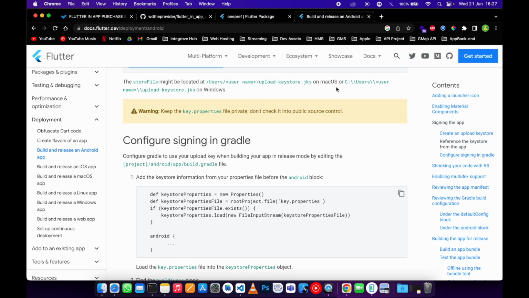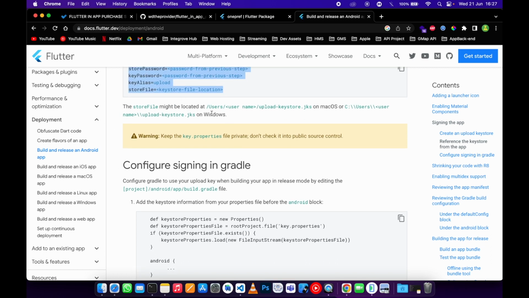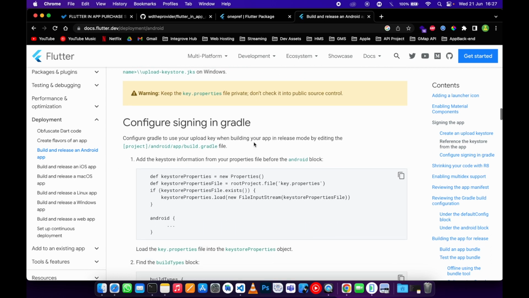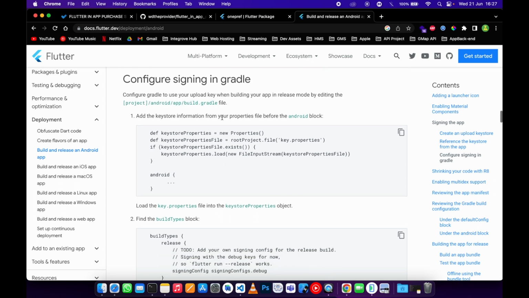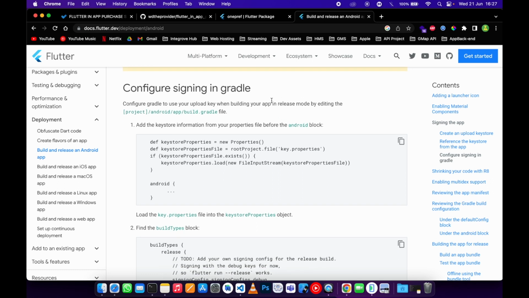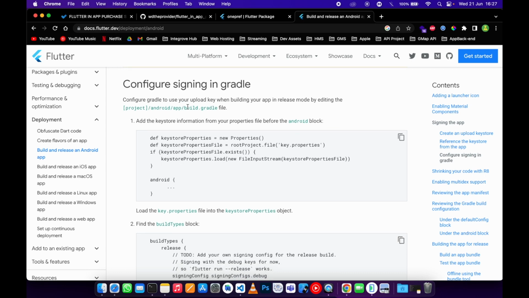So yeah, they're just telling us where the file is being stored. We know where it is. Then now what we need to do is to configure the Gradle file to use our upload key, right? Whenever we build our app. So what we need to do is add this information into our Gradle file before the Android block. Copy this,